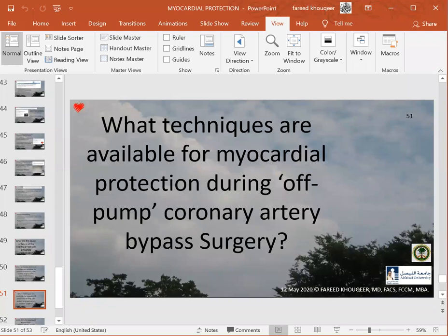Second, it's been mentioned and emphasized to use an intracoronary shunt. And this is also one of the critiques in the Ruby trial. Why in the Ruby trial off pump? Because they weren't using the intracoronary shunt. So these are the most important two